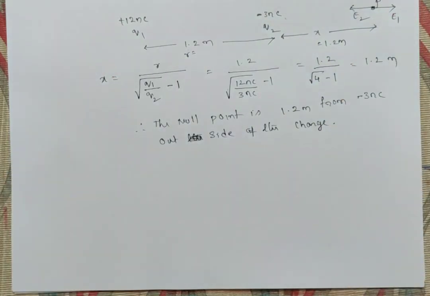Next we can go for: if a charged particle is left in an electric field at rest, what will happen? And if the charged particle is projected with a velocity v normal to the electric field, what is the deviation produced in it? So such cases will be discussed. Now let us take here